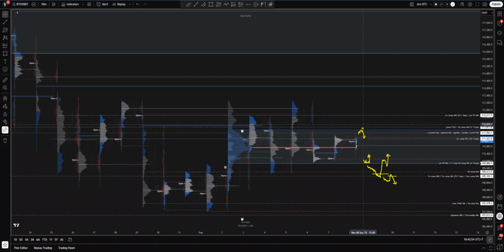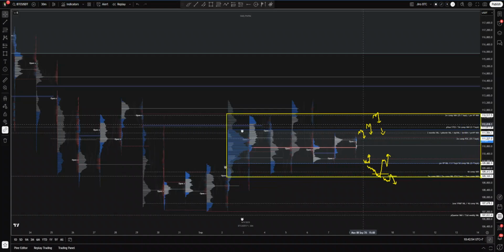Similarly, if we're able to break above, I think it will just be a deviation to test the previous year standard deviation 3, or maybe until the 2-week composite value area high, then back into the range. Because in the weekly perspective, we are inside a bigger composite area here. So yep,